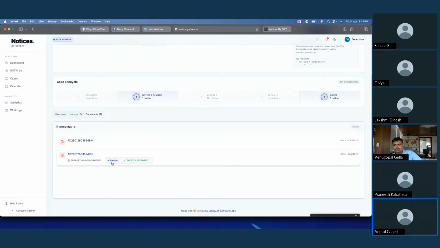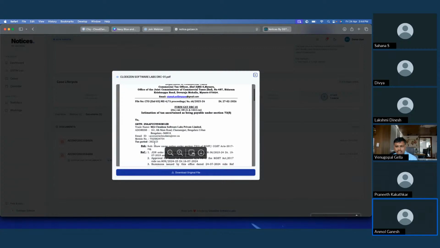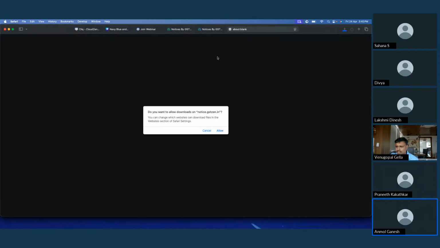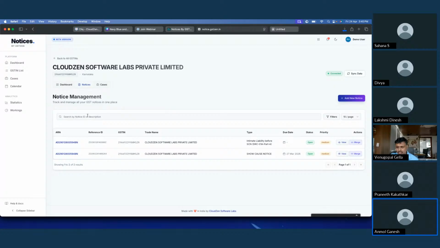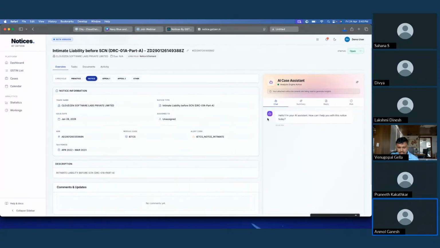If we want to view this document, we can just click on preview and see the document. And if we want to download it, we can click the download button here, and it will get downloaded. Let us switch back to the case and notice part.